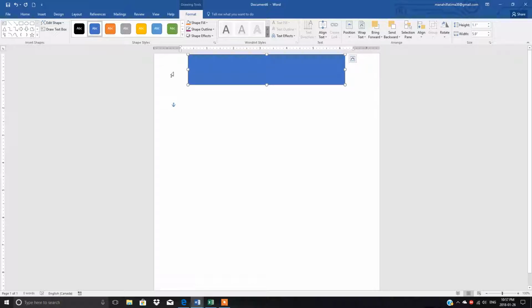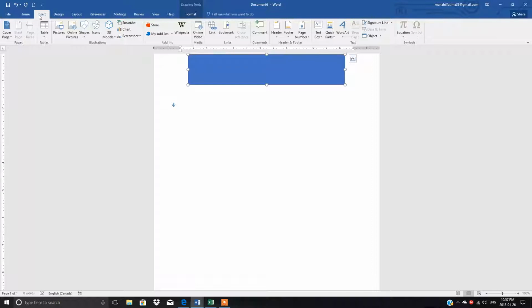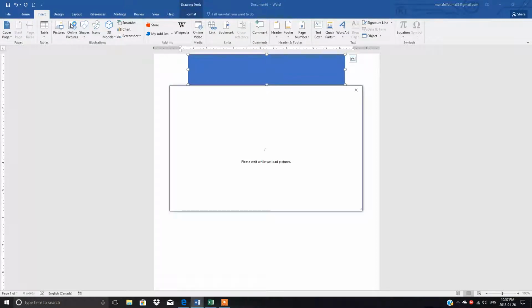Now suppose you want to insert some kind of image or picture here, so I will show you how to insert it, because I am going to make the letterhead of Saima Academy. This is an educational academy, so here I need something educational, maybe books or a computer. Again, it is very easy. Go to Insert. If you already have pictures saved on your desktop or USB or in a document, you can click here. Otherwise, if you want to insert a picture or image from online, click Online Pictures,